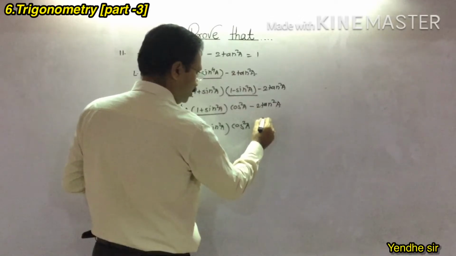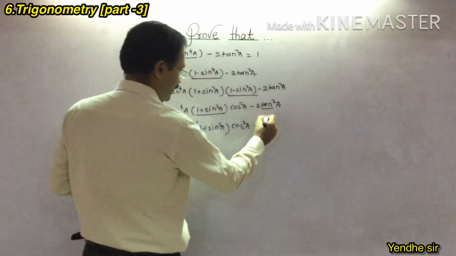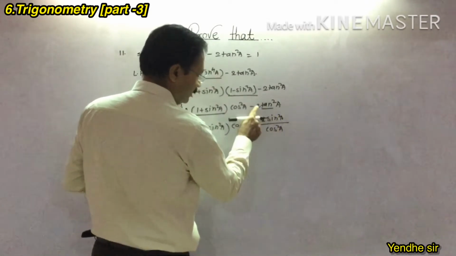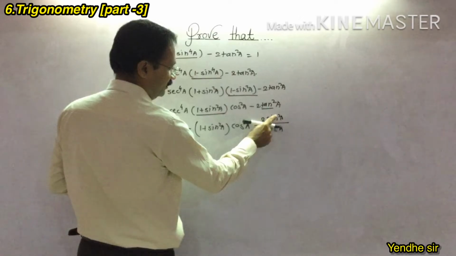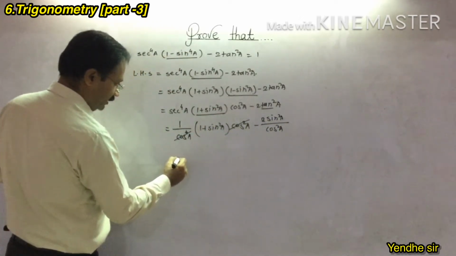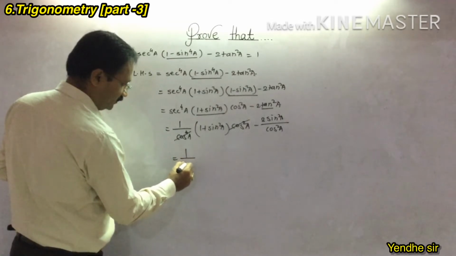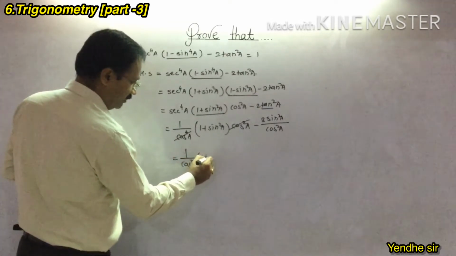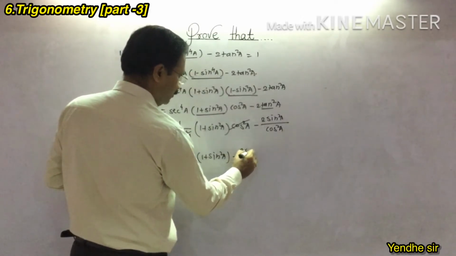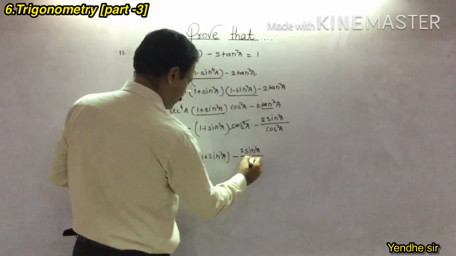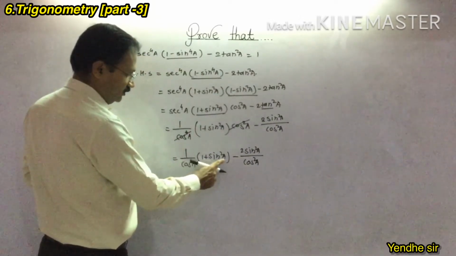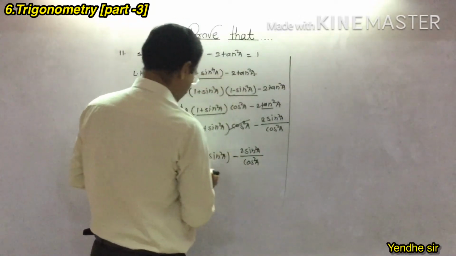And minus 2. Tan formula is sin square a upon cos square a. So here you have to write the 2 to the sine. Okay. Now I am going to cancel this one. So what do you get? 1 upon cos square a. In bracket 1 plus sin square a will be as it is. And here you will get 2 sin square a upon cos square a. So multiply by 1 upon cos square a to these both, you will get it like this.